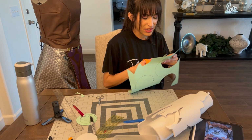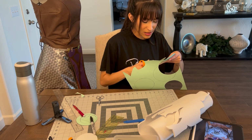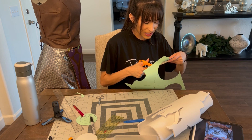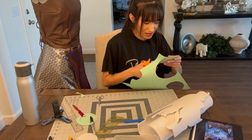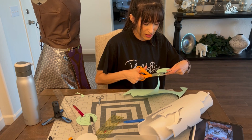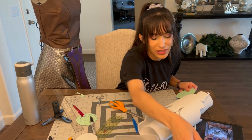That's why I love cosplay, because there's so many steps to it that even though you mess up a bucket ton, you will have amazing results if you just keep going and keep thinking of ways to cover things up. All right, so I have my new stencil,